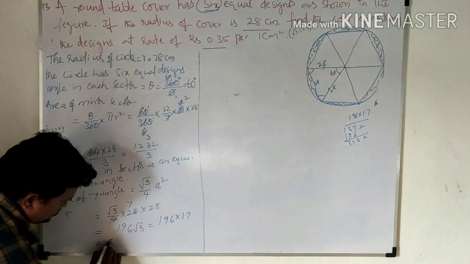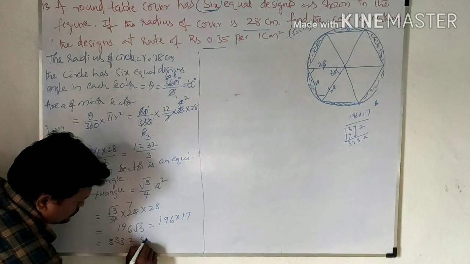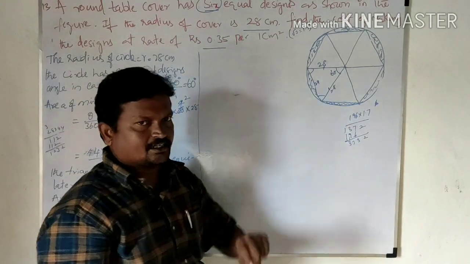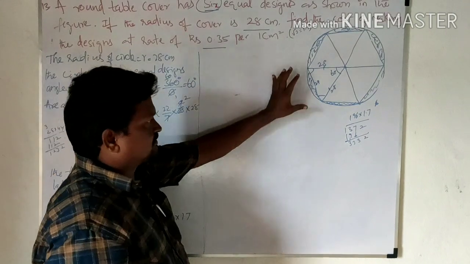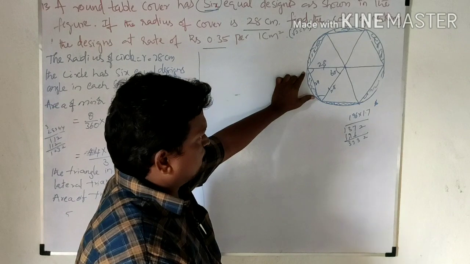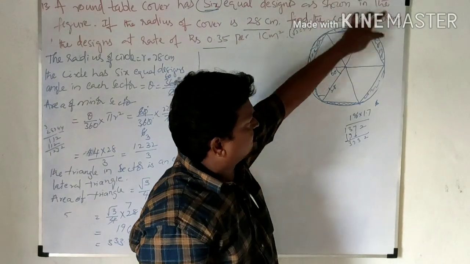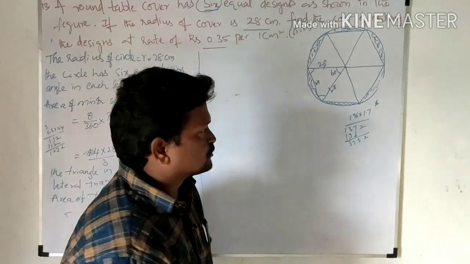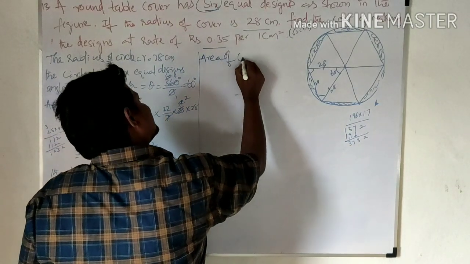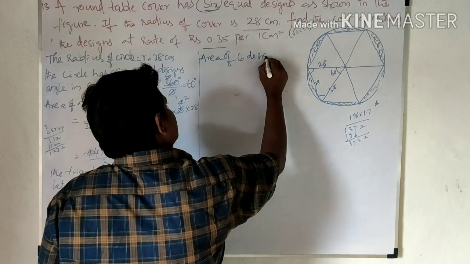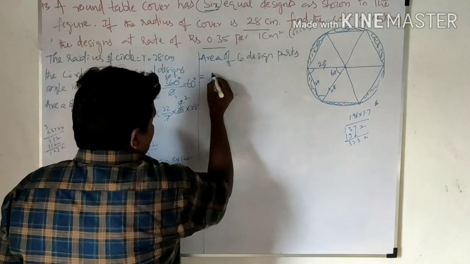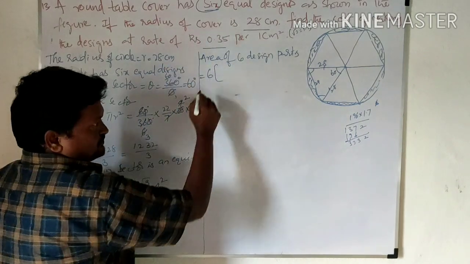333.2 centimeter squares. This is the area of the triangle. Now it is easy to find the area of this one designing part, because one designing part is equal to the remaining 5 designing parts. So directly we can write the area of 6 designing parts, that is equal to 6 into